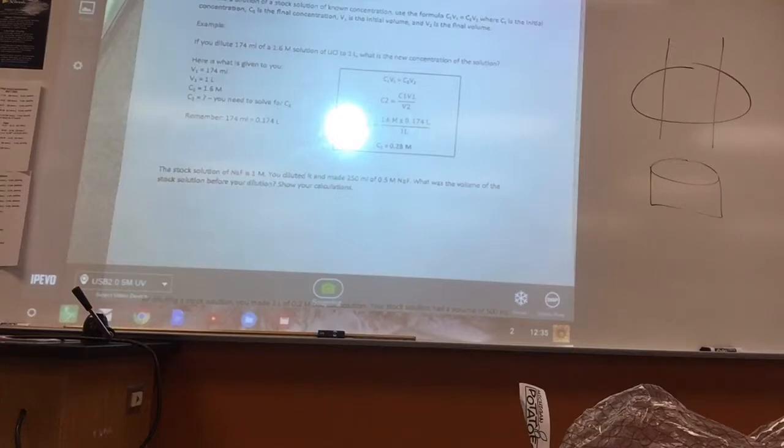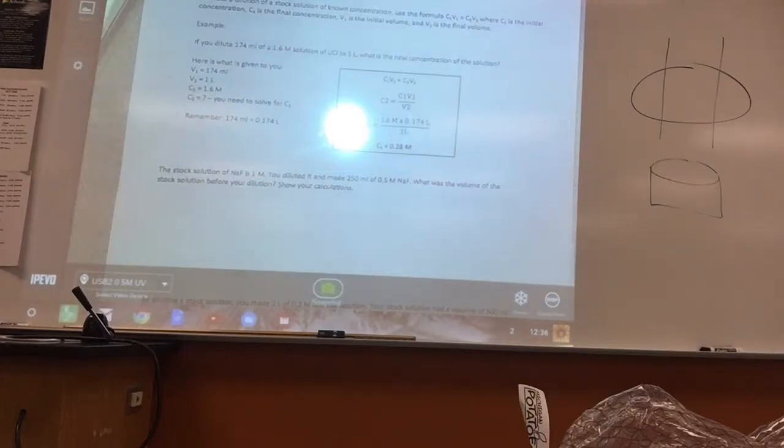So when we dilute something, what this means is, let's say you're given a 2 molar solution of sucrose, but you only need a 0.5 molar solution of glucose. So therefore, obviously 2 molar is greater concentration of solutes than a 0.5 molar. So therefore, it's a way to figure out how much of the stock solution do I need and how much to dilute it to make it the correct